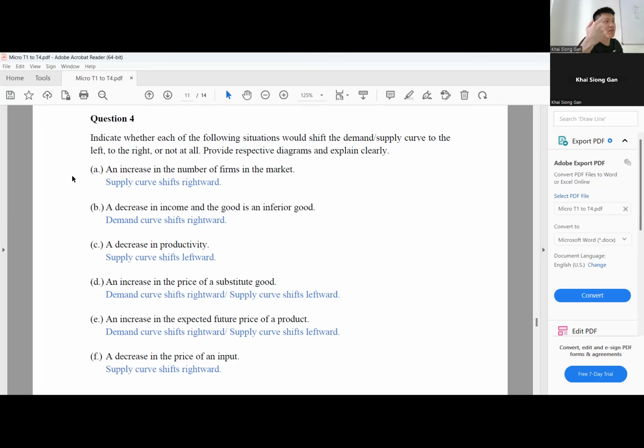So how are those non-price factors helpful for you? For example, you can simply pick any of the non-price factors that you learned and talk about the usefulness. Like for example, just now we talked about price of inputs. So price of inputs is about the cost. So if you can understand price of inputs, if you can understand the cost, then you will decide how much